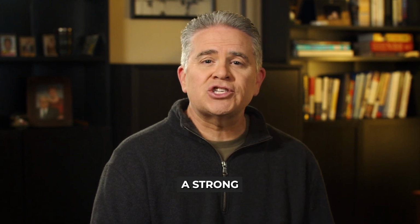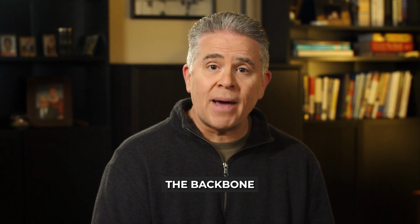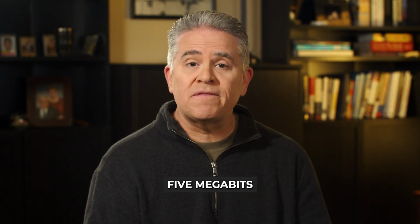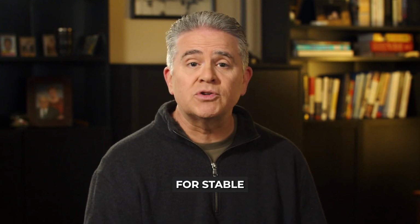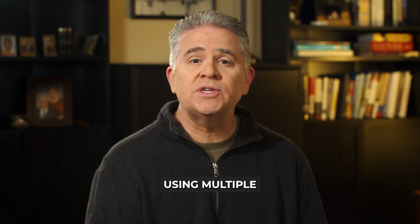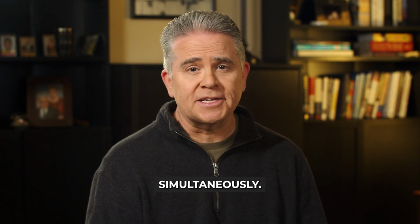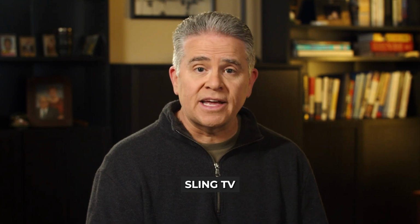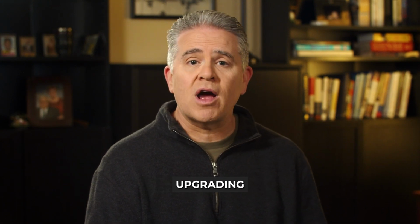Start by ensuring a strong internet connection, as it's the backbone of your streaming experience. Sling TV recommends a minimum of 5 megabits per second for stable streaming on a single device, and 25 megabits per second for households using multiple devices simultaneously. Run a speed test to confirm your current speed, and if it's below Sling TV recommendations, consider upgrading your plan